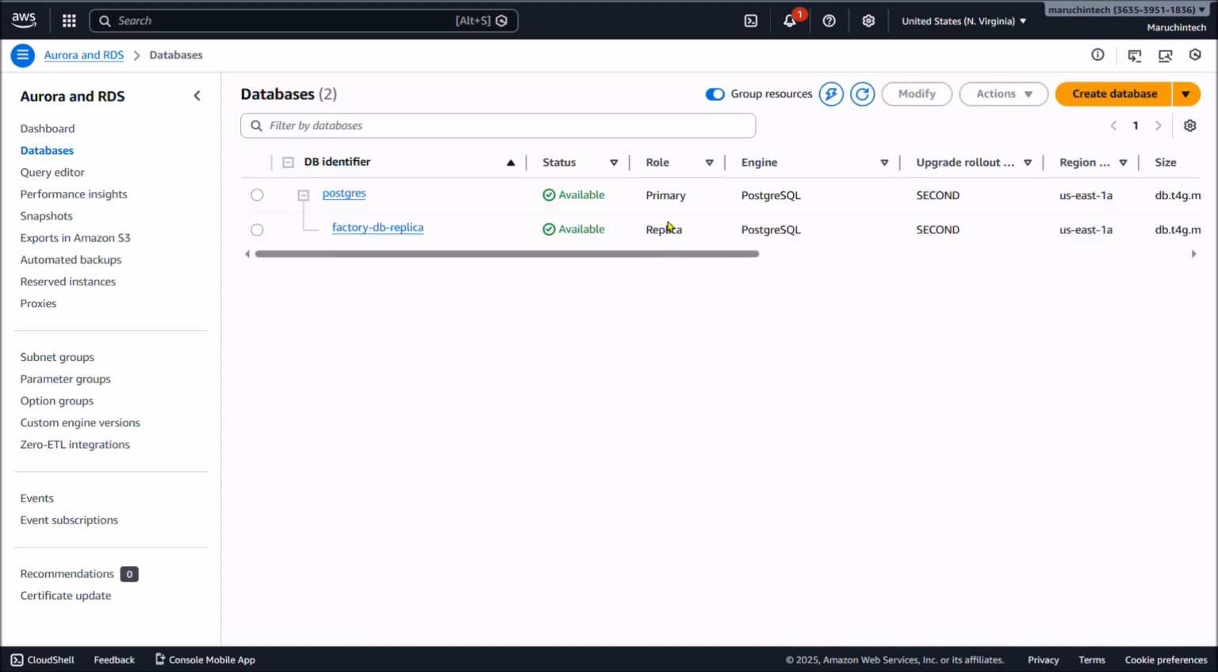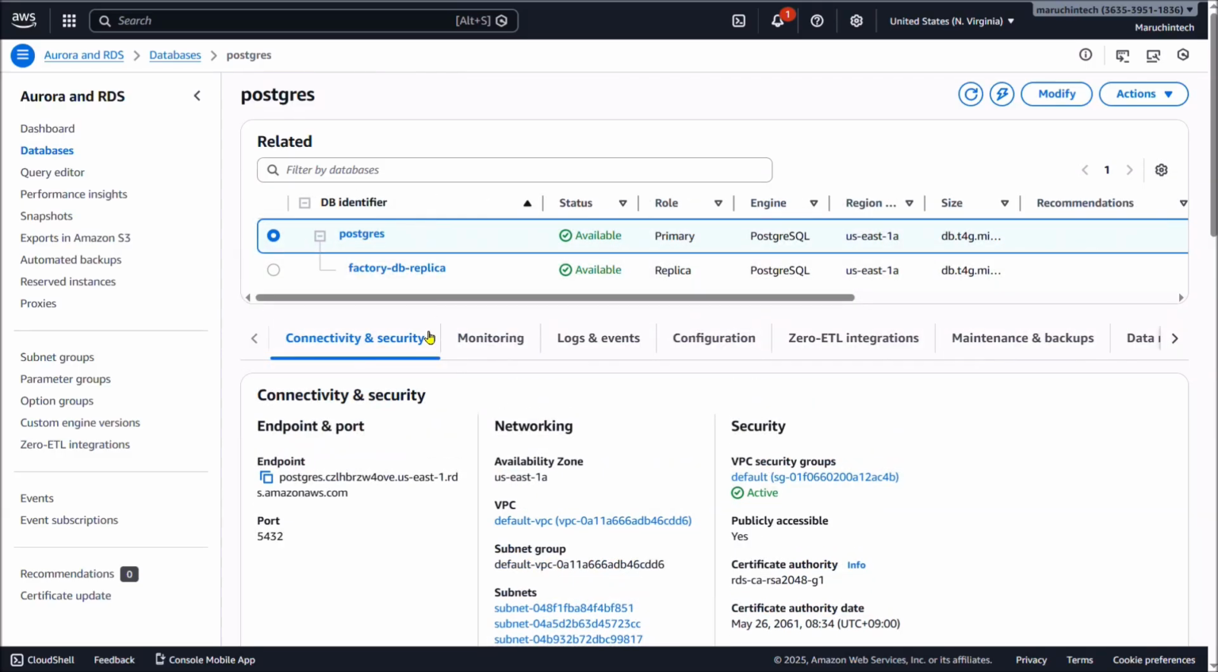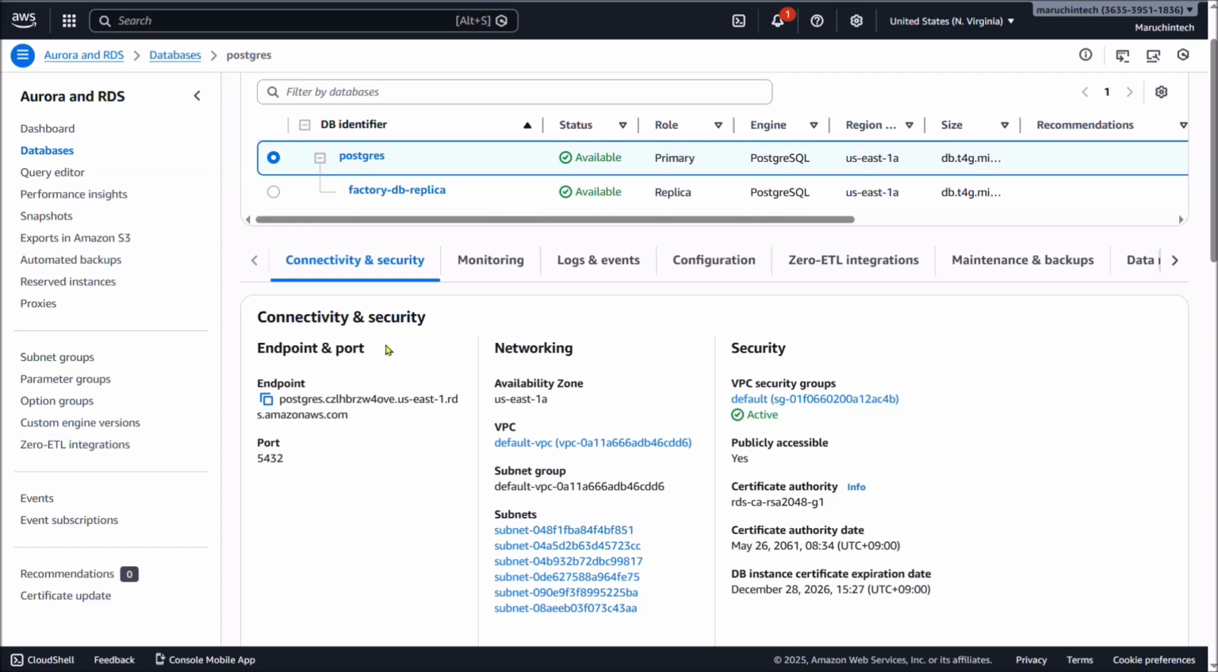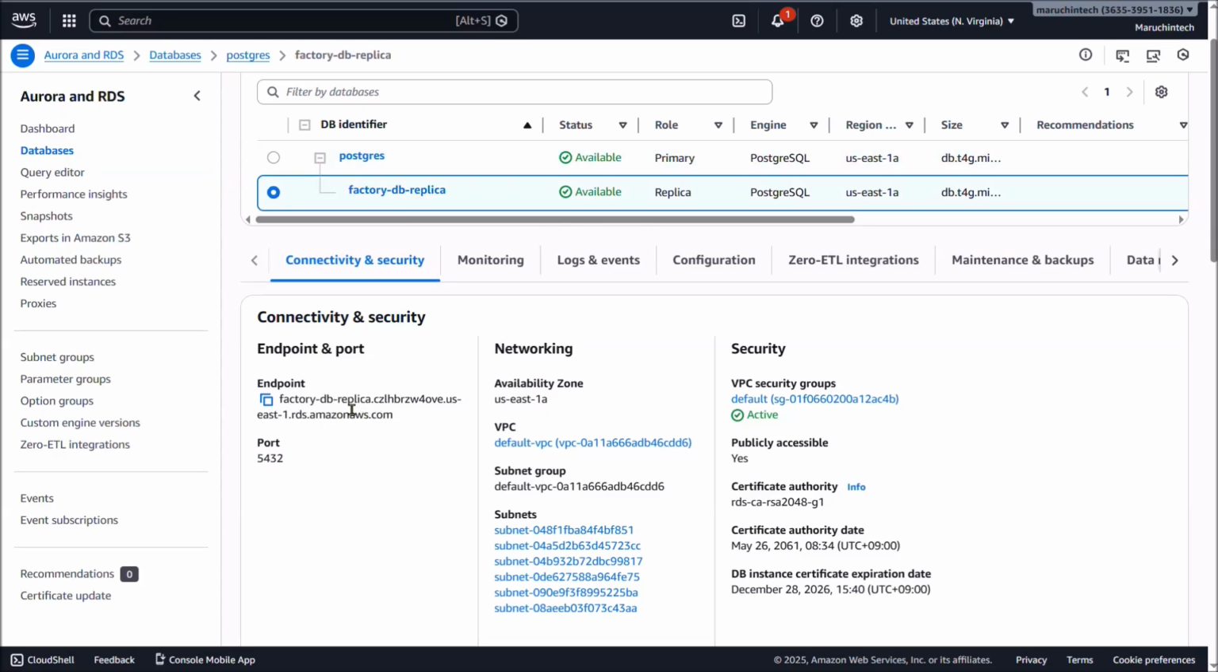So now both the primary instance and the replica have been created, and we will use the primary for writing and the replica for reading. Click on the instance name to view the details. Under the Connectivity and security tab, you will find the endpoint. Copy this. Also note that the port number is 5432. Please copy the endpoint for both the primary and the read replica